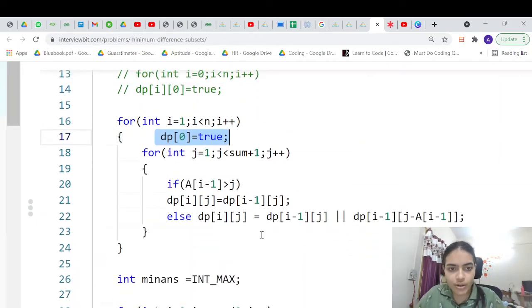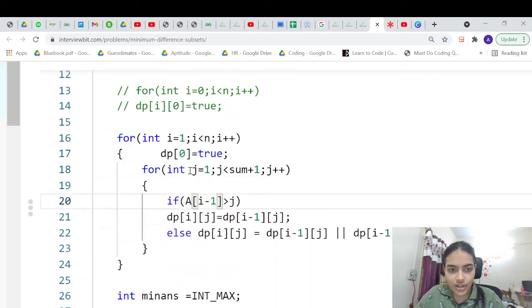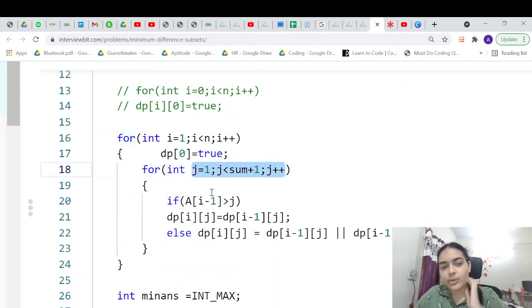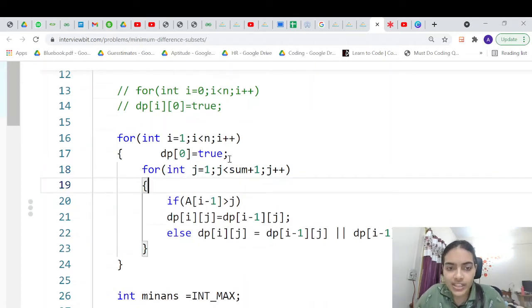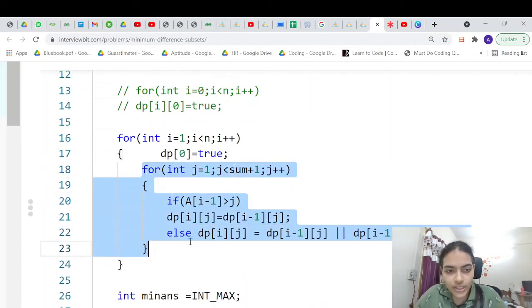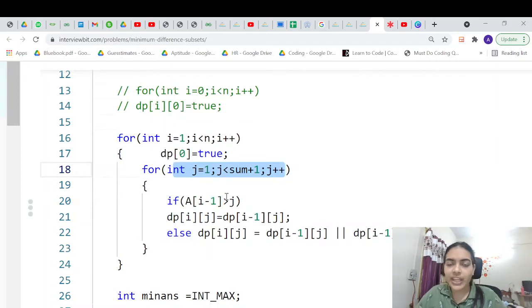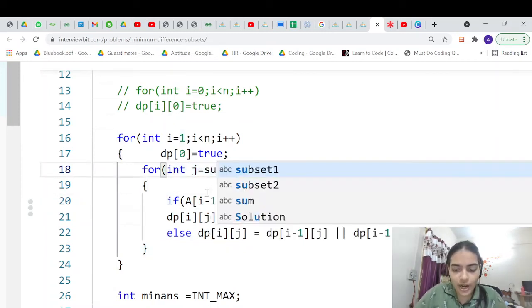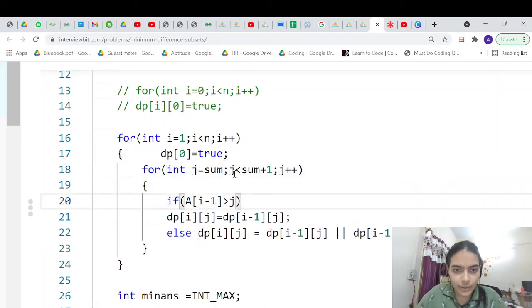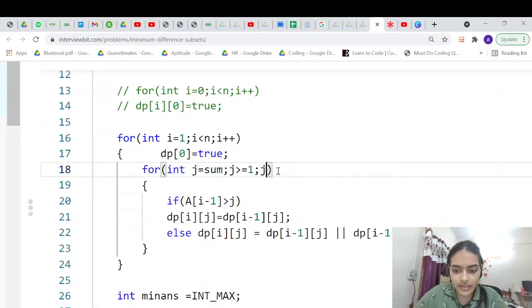And now in this code, there'll be just one minor change. So if we are taking from the beginning, we may run into a problem because, for example, if we change the value for j equal to 1, we may use the same value at j equal to 5. So instead of running from the beginning, we can run from the backside. So that will solve the problem. So here I am going to start with j equal to sum and j greater than or equal to 1 and j minus minus. That's it.